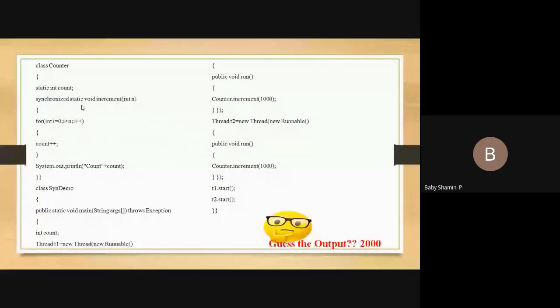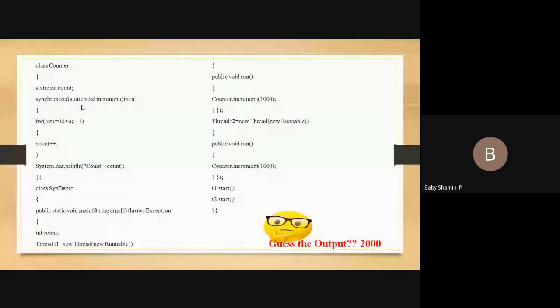And one more thing here is that there is no need to create an object for the Counter class. Directly we can access Counter.increment(). Through this statement we can access the Counter class. But in the previous example we needed to create an object for the Counter class, that is Counter c = new Counter(), and then give the statement c.increment(). Then only could we access the Counter class. But in static synchronization there is no need to create an object for the Counter class.